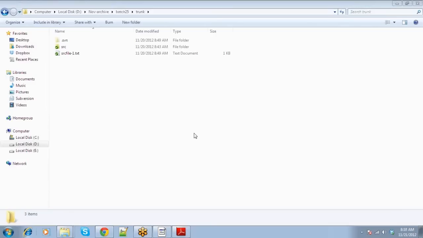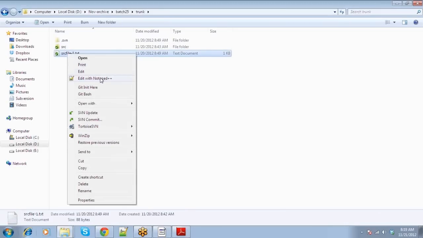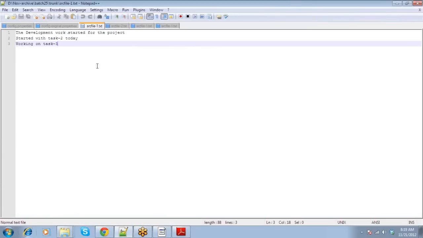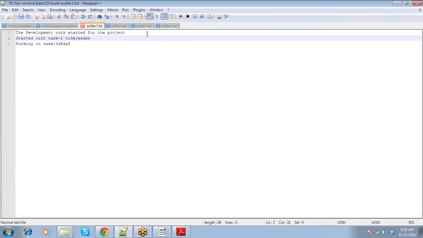Now before I tell you how to isolate a change and how to remove a change from the log in the SVN repository, I will introduce you to a command called SVN revert. SVN revert is to get a file with some changes back into a previous consistent state. For example, you came to the office on a given day, and from the morning you have been making some changes somewhere,